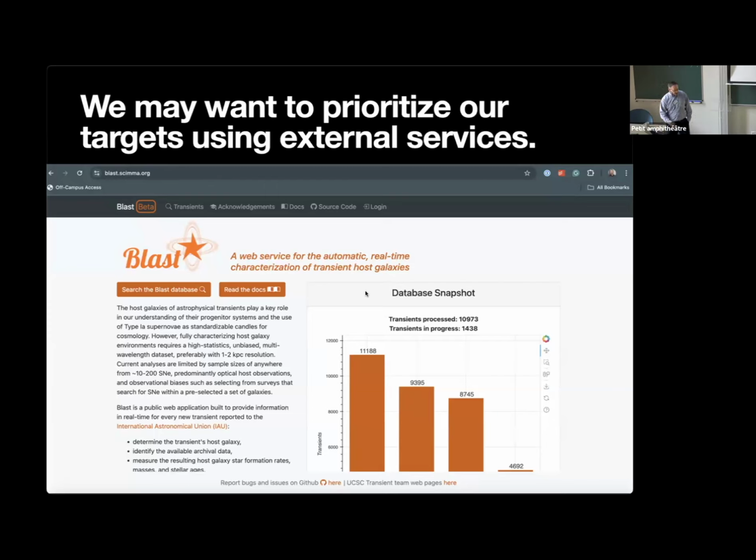All right, so we've got information about the event, and now we want to decide how we are going to follow up. Well, in the good old days, or maybe not so good old days, you call up your friend on the telephone and say, hey, I hear you've got this telescope tonight. Would you mind observing this thing? We've moved a little bit away from that in some respects, but not always.